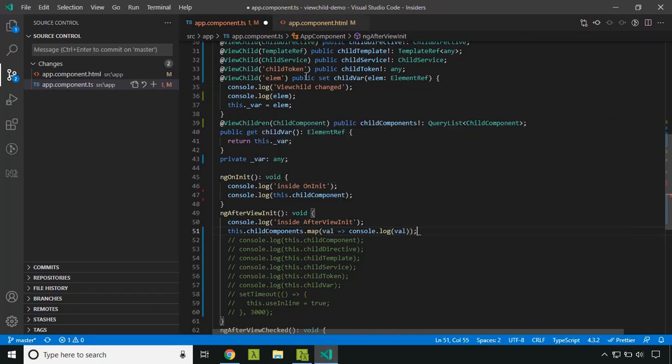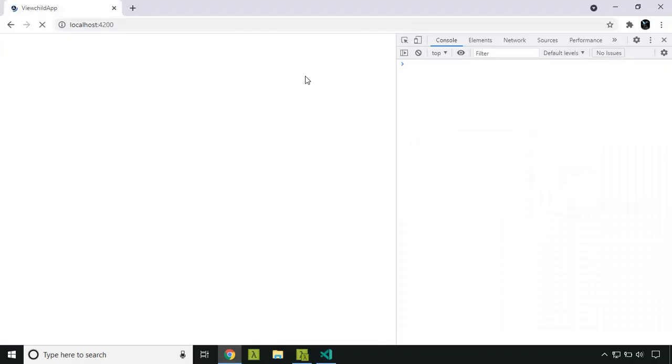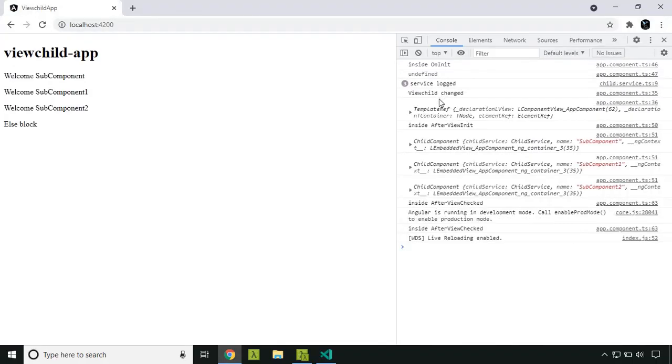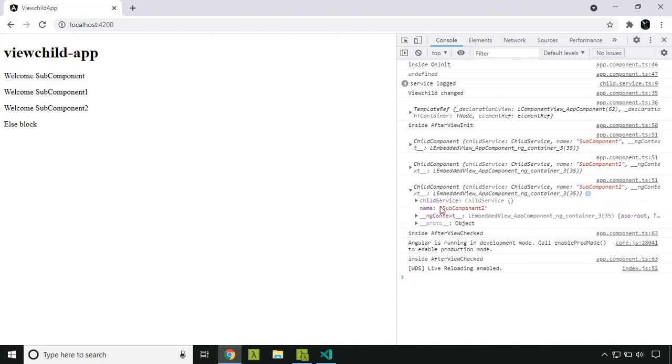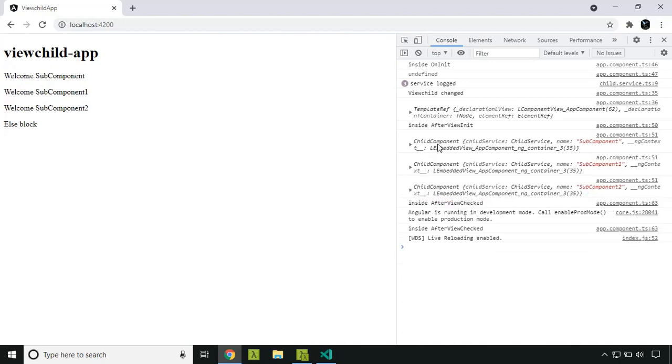So this is the way you can access the value within a query list. Here you can see that there are 3 components, and these are the 3 instances, component 1 and 2. So when we use map, we will be able to loop through the query list.